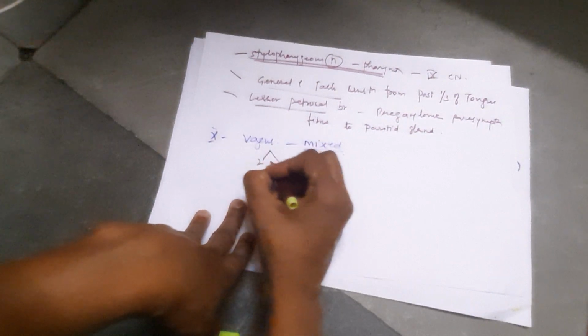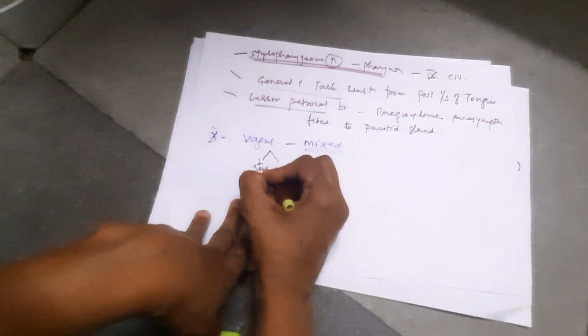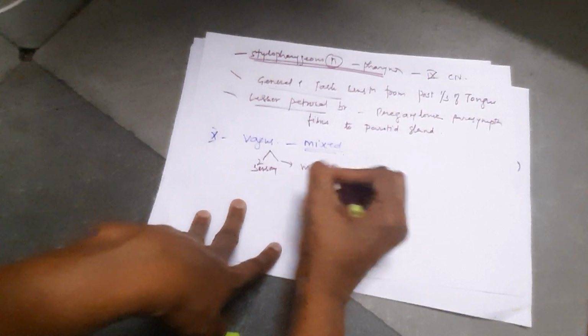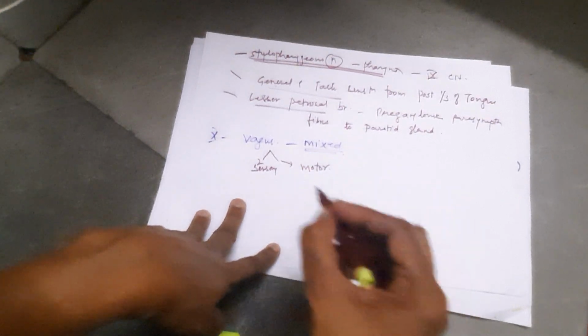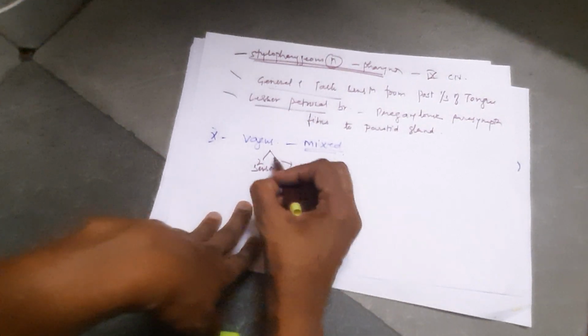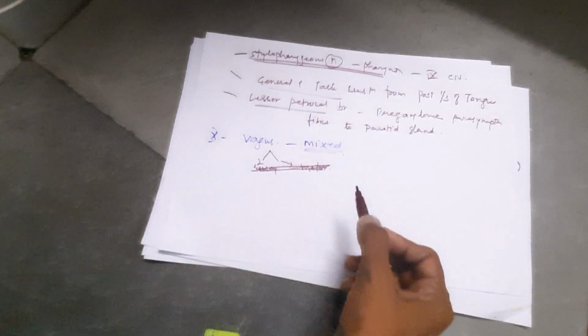It has two roots होते हैं. One is sensory root and another is the motor root. Sorry, no. Sorry, vagus nerve is